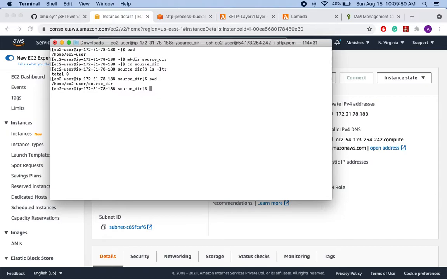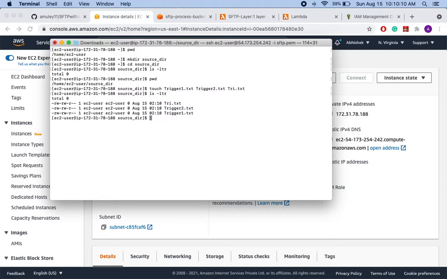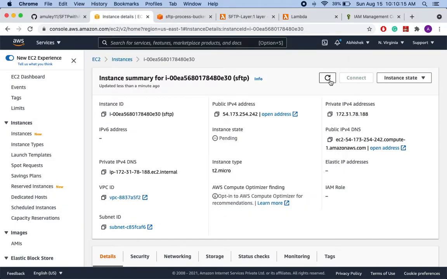Let's create some files. Okay, so now we have created the files and our EC2 instance is in running condition.